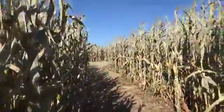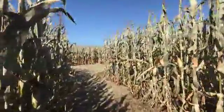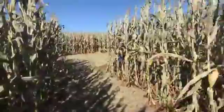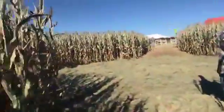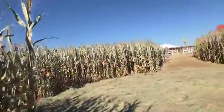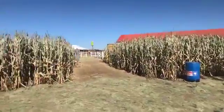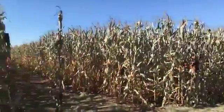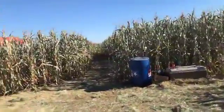But it has to be pretty cool also to see the map, how intricate the planning and the drawing is. You guys have a whole train mapped out there. Yeah, I would love to take credit for it, but that's really the guys at Maze Play. Like I said, they were really amazing. This is all they do for a living, is corn mazes. So we told them what kind of design we were looking to do. We wanted to really focus our